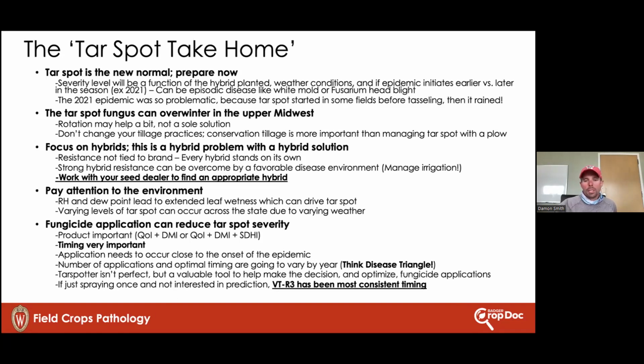Please keep us up to speed if you're seeing things out there. I did look at some corn today around the Arlington station, and I was unable to find anything there yet, but a lot of our corn is still quite small in the V6 to kind of early V8 range. So we're getting to that growth stage, but not quite yet.